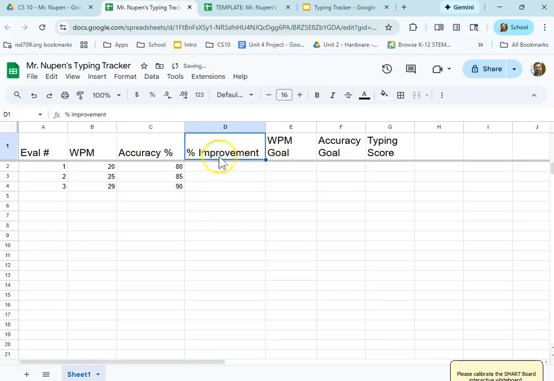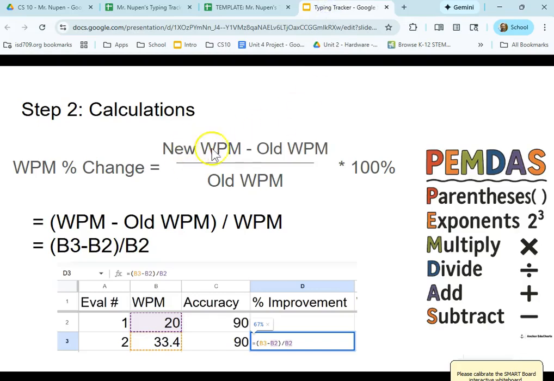Okay, because what we want to do is calculate our improvement. The formula for calculating percent improvement is the new score minus the old score divided by the old score. And this equation is the same for science and math. Whenever you want to calculate the percent change of something, how much the temperature of water changed, or how much the distance changed, you take the new value minus the old value, and then divide that by the old value,